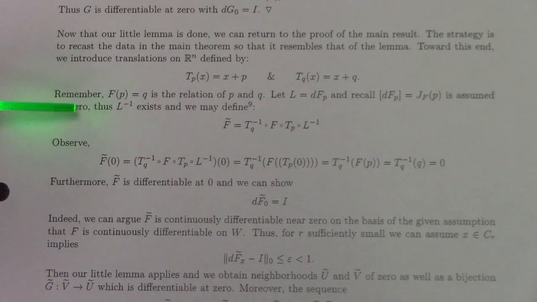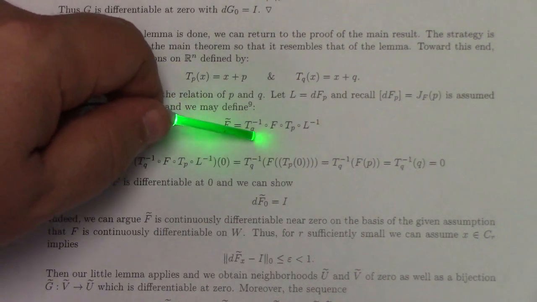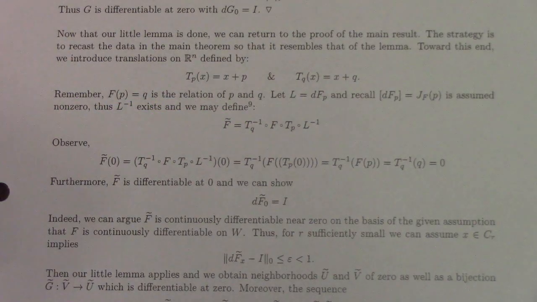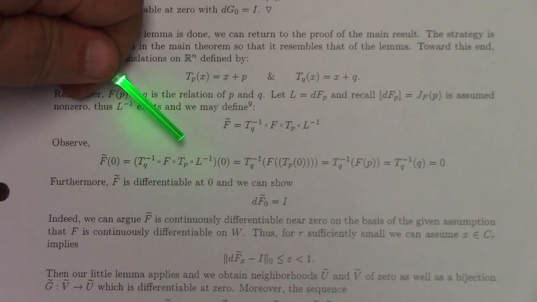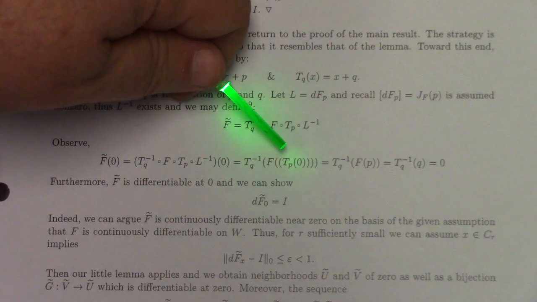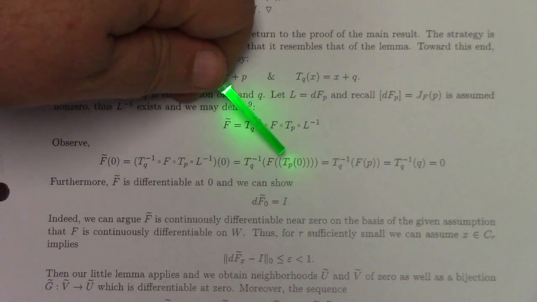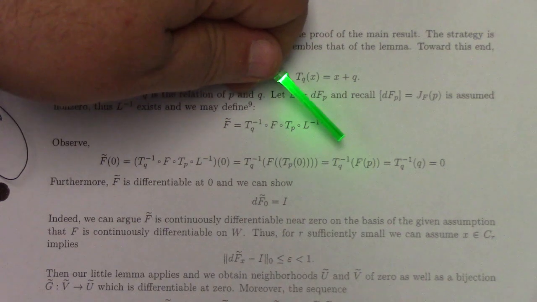Indeed, it's invertible, and as such, we can define F tilde to be TQ inverse composed with F, composed with TP, composed with L inverse. And if you check it out, F tilde of 0 is all of this, which is TQ inverse of F of TP of 0, but TP of 0 is P, so that gives us TQ inverse of F of P, which is